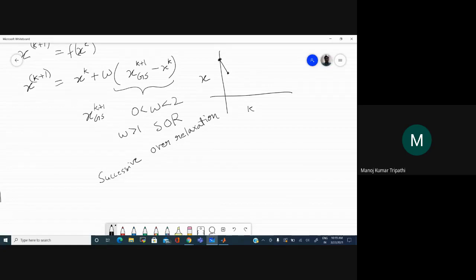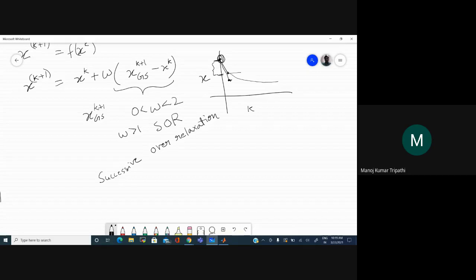Then what you are doing is taking this value minus this value, multiplied by some factor omega greater than 1, and adding it to this value, so you will get something here, beyond this point. If you are sure that you are going towards a converged result in this direction, then multiplying that difference by a factor greater than 1 increases your rate of convergence. You have already reached below this value.